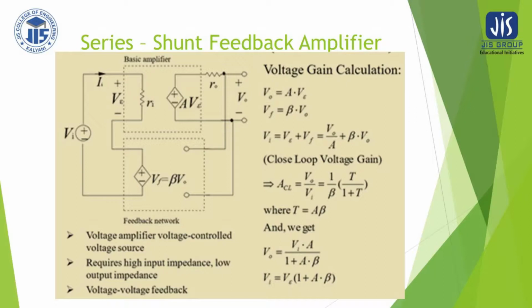So therefore, as evident, the output impedance without feedback, the amplifier without the feedback network, R0, has been reduced due to feedback operation. This V0 by I0 is the overall impedance due to feedback, which is nothing but a reduced impedance R0 divided by 1 plus A beta. And this is required because for a voltage amplifier we need the output impedance to be as low as possible, and that has been possible by using feedback, this desensitivity factor that reduces the output impedance. So we can write this is equal to nothing but Z out. So this is regarding the voltage series feedback amplifier.